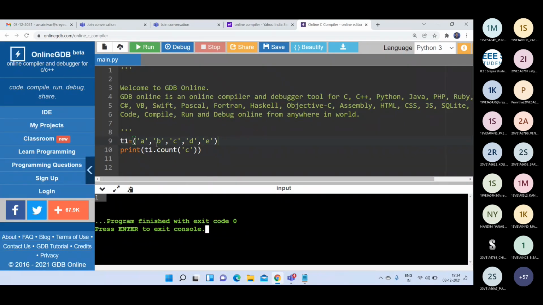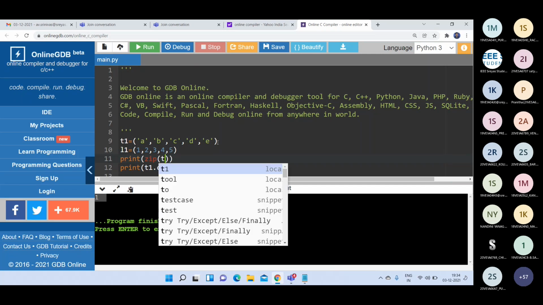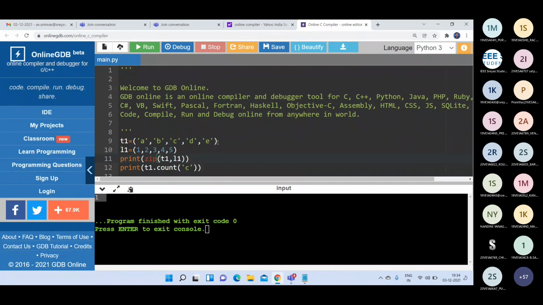Let us consider T1 is equal to A, B, C, D, E. Let us consider one more sequence, that is L1. That is also a tuple here. Then we have 1, 2, 3, 4, 5. Now we are performing print of zip of T1 comma L1.